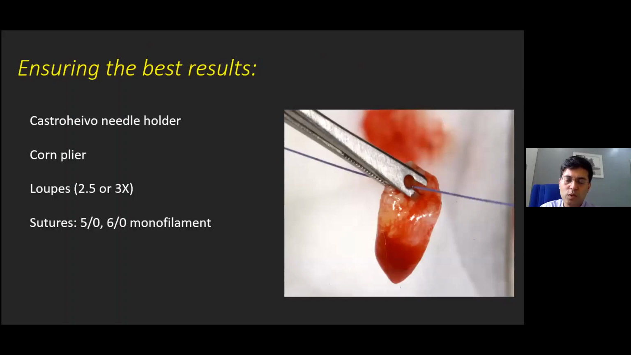One other thing I want to stress on is a lot of times the results that we see cannot be achieved unless the armamentarium is correct. The armamentarium that I routinely use for cases like this is a Castro Evo needle holder, corn pliers. I always work under loops. My loops are 2.5x TTL loops. The reason I don't